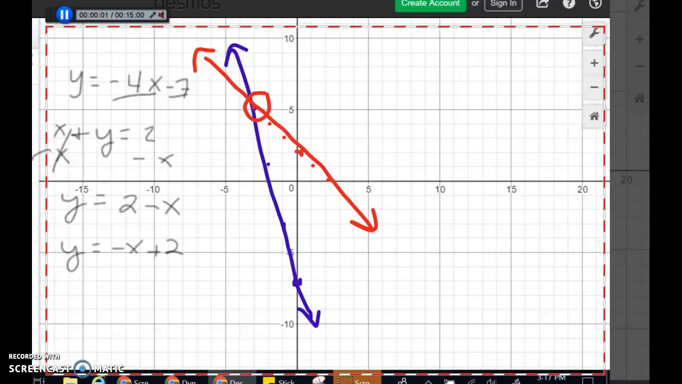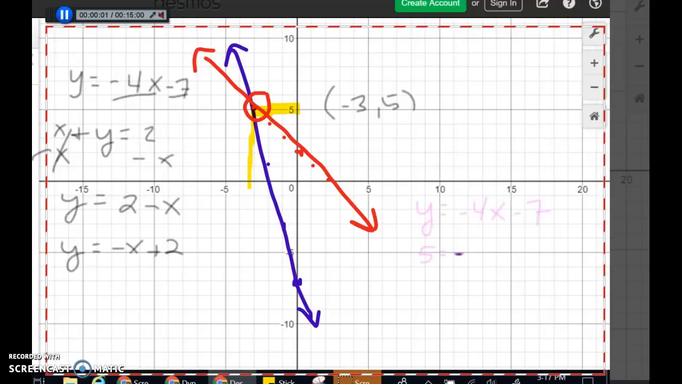So you have negative 3 is your x, and 5 is your y. So, negative 3, 5. And if we plug it into the first equation, I'm going to plug them in down over here on the right. We have y equals negative 4x minus 7. I'm going to plug in 5 for y, negative 3 for